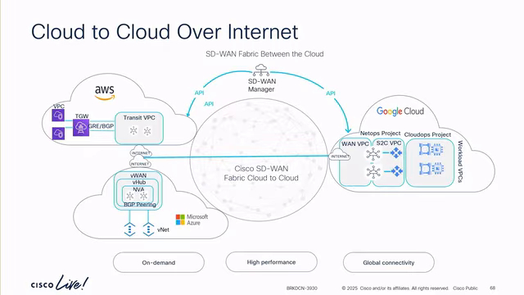Now, believe it or not, we also support the ability to do connectivity between the clouds. Now, this is a growingly interesting use case. Early on, I think most customers had a feeling that I'm not going to be separating workloads between public clouds. It doesn't make a lot of sense. But we have growing indications that there is communication going on between clouds because maybe I've got an S3 bucket that I dip into as part of a transaction from a workload that's running in Azure, as an example, or something like that. So as part of this, we also can facilitate provisioning where I can bolt together multiple clouds